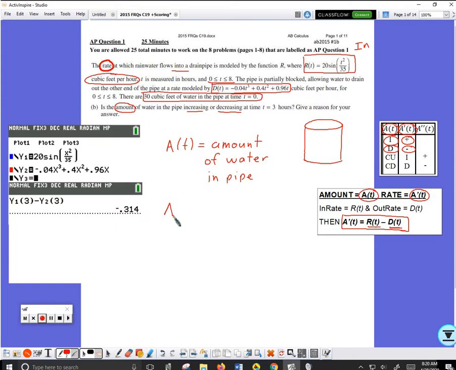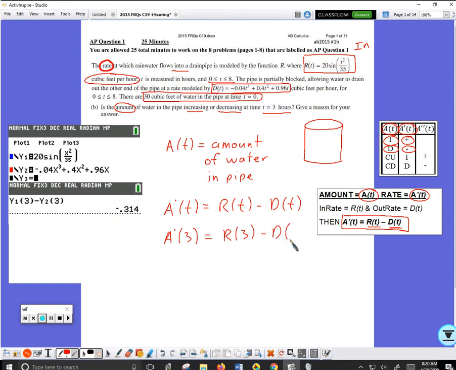A prime of t is going to be the in rate, capital R, subtract the out rate, d of t. So I'm supposed to be finding out what's happening at time equal 3. So I write on the paper A prime of 3 is going to equal R of 3,